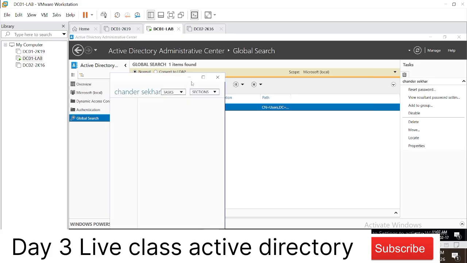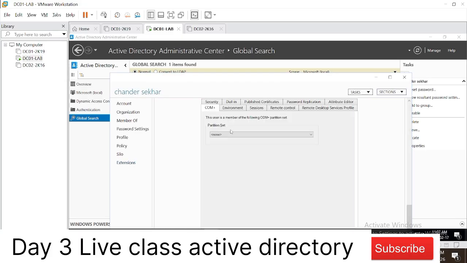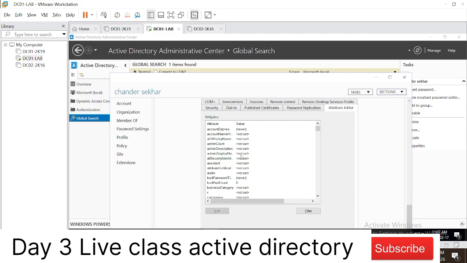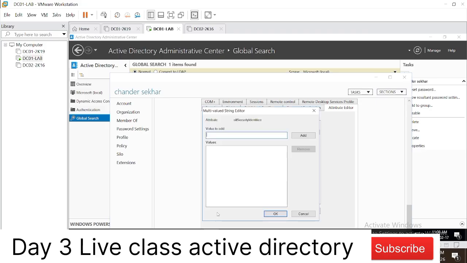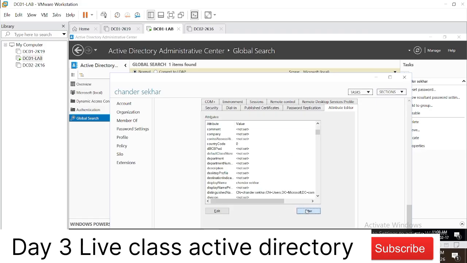see, extensions, attribute editor. So these are all the attributes assigned to each user whenever we create one. Filter, show attributes that have a value. Okay. Can you see this GUID?